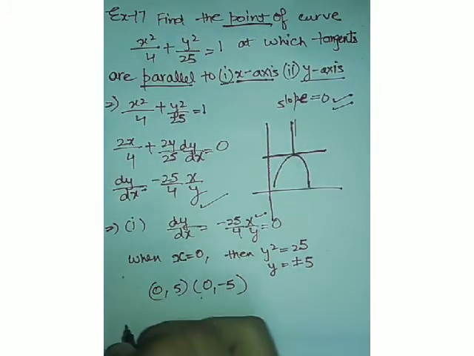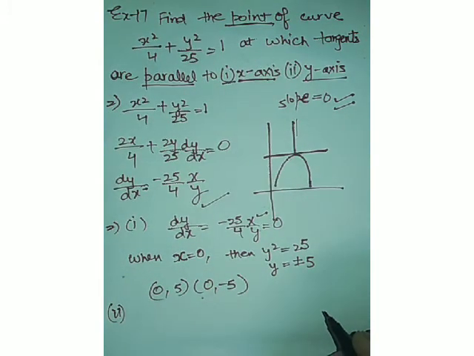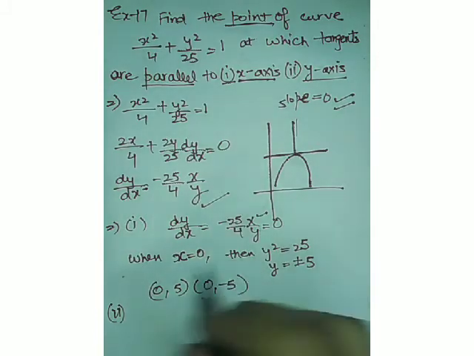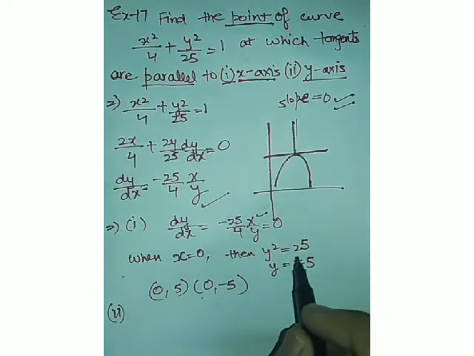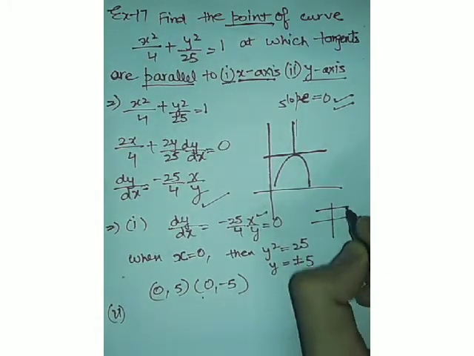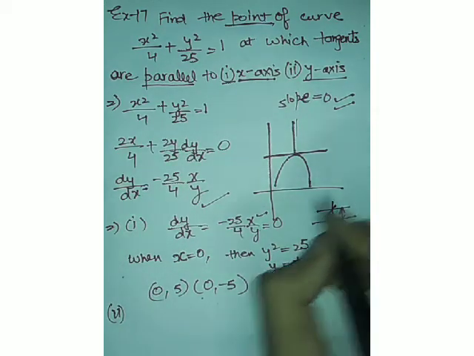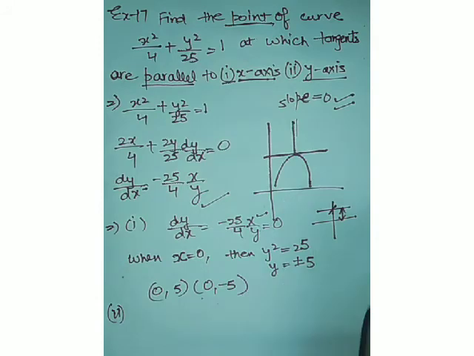when the tangent is parallel to the x-axis. All right. Now in the second case, I have told you that we have to equate the slope of the normal to 0. Now in the first case, the parallel to x-axis case, you can also see that if a line is parallel to the x-axis, then it means its x coordinate is 0. Because for example, this is a graph paper and this is a line passing through the y-axis and it's parallel to the x-axis. It means the x coordinate will be 0. All right.